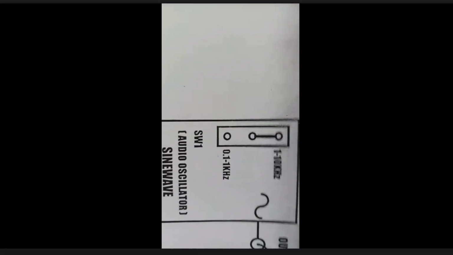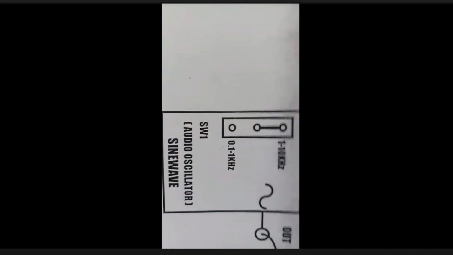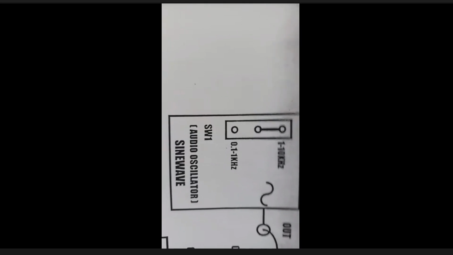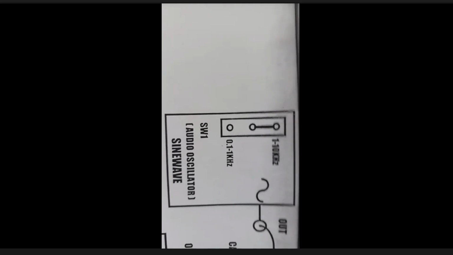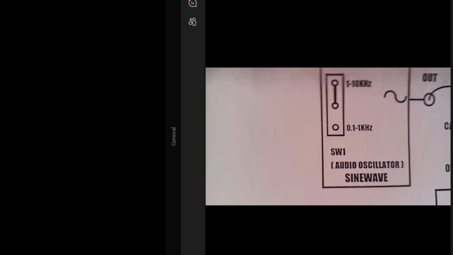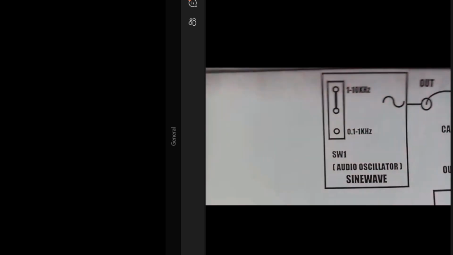Okay, so this is the first section. This is the carrier signal. Basically, the carrier signal should be a high frequency signal. For that, we are using the oscillator, because an oscillator is a device that generates a signal without providing any input. It is the basic source. If you have an oscillator that can generate a particular frequency signal, it's a simple oscillator.